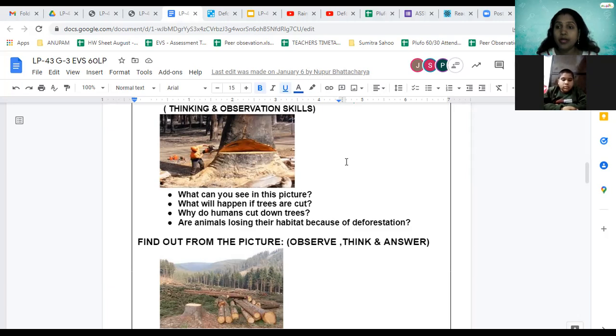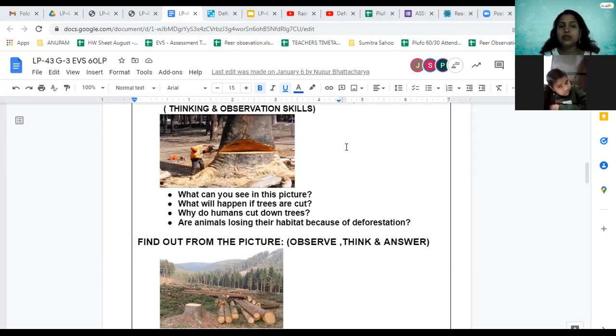No rain because of deforestation. Yes or no? And from where do we get the oxygen? As we know, the trees purify the air, right? Their skin, the outer part of the trees, also absorbs the pollutant gases from the environment. So if we are cutting down the trees, then who will absorb that? And from where will we get the oxygen? It purifies the environment, it purifies the air also. So these are many problems. What is the problem if we are cutting down the trees?